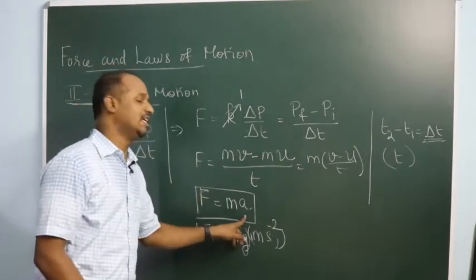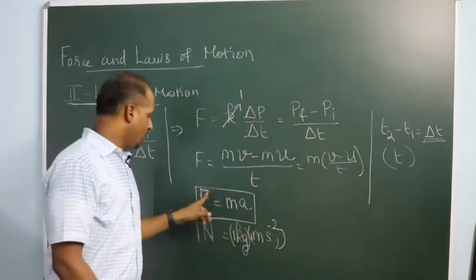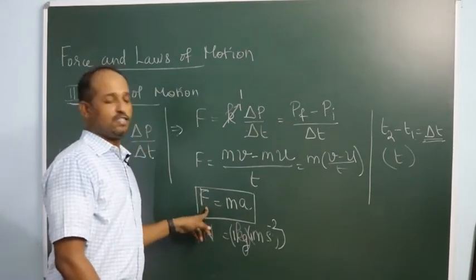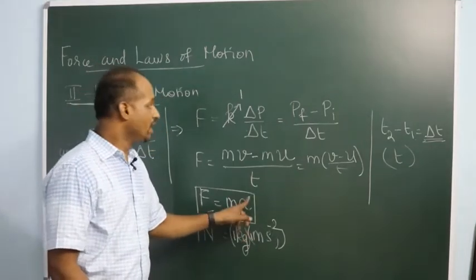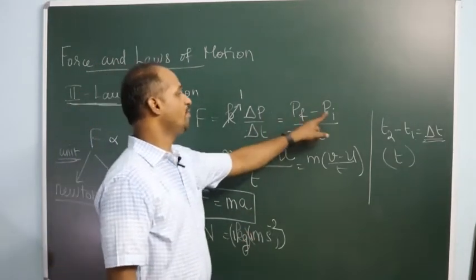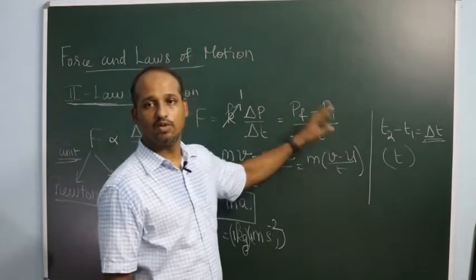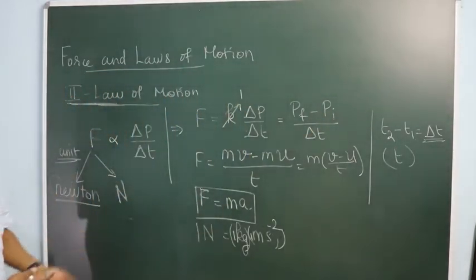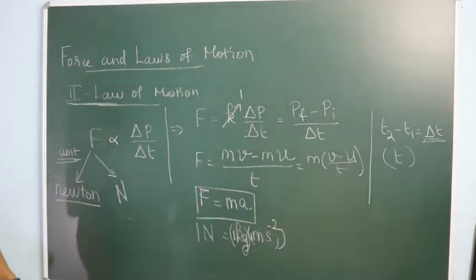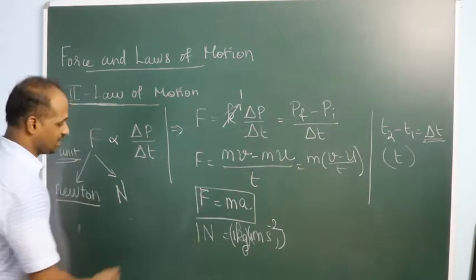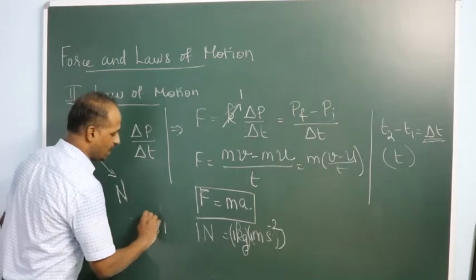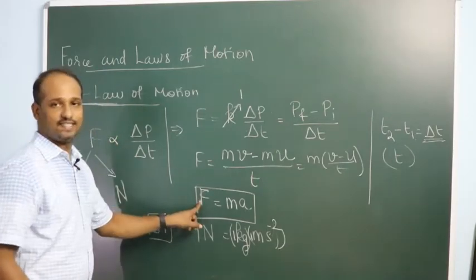When there is force, there is acceleration. When there is an external unbalanced force, there is acceleration. When the force acting on it is 0, acceleration is 0. If acceleration is 0, change in momentum is 0. If change in momentum is 0, change in velocity is 0, because change in momentum means mass into final velocity minus initial velocity. So the unit of force is newton in the SI system, and the unit of force in the CGS system